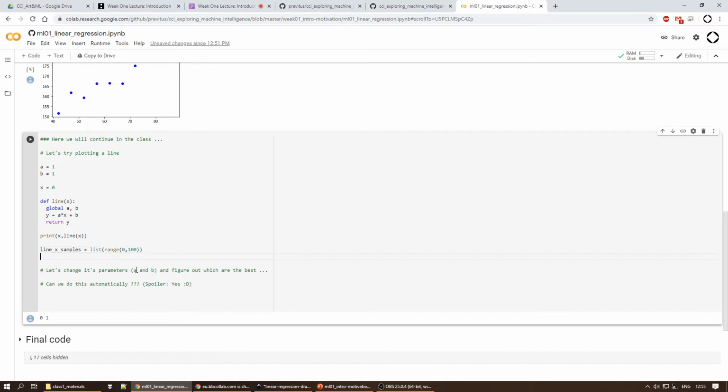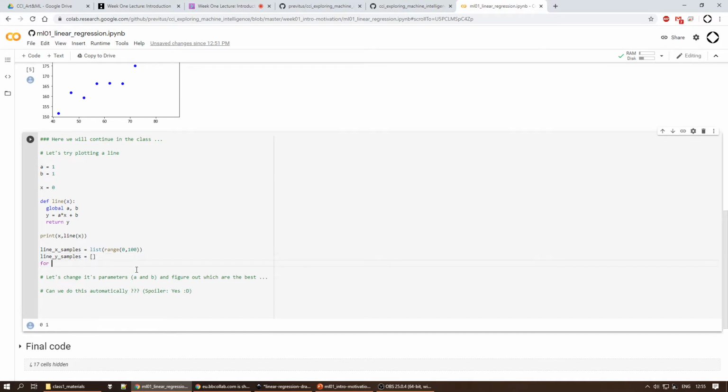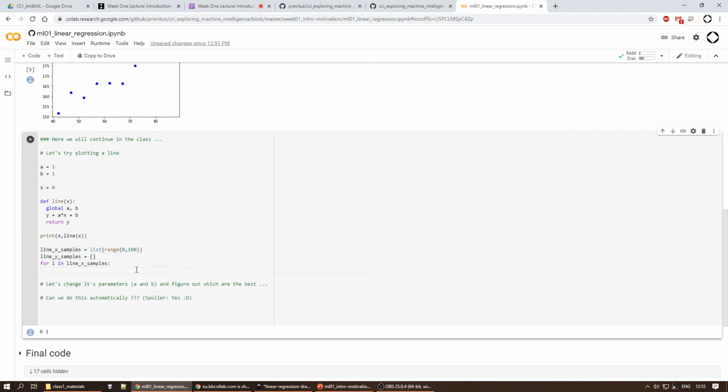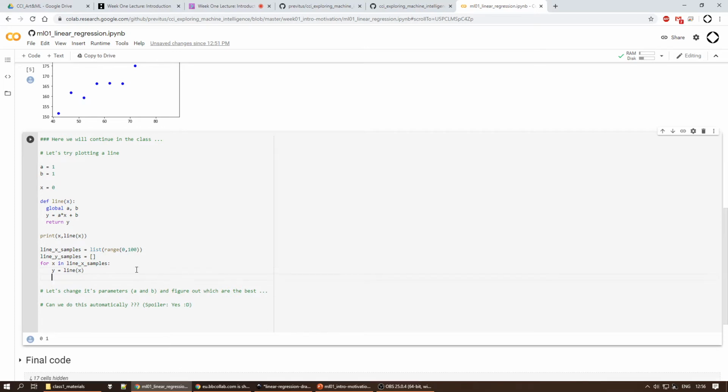I think this might be it. And then y points will be, we can start with this being empty, and then for all of those points we can just calculate whatever the y value would be, and then add this. So y is this, and then